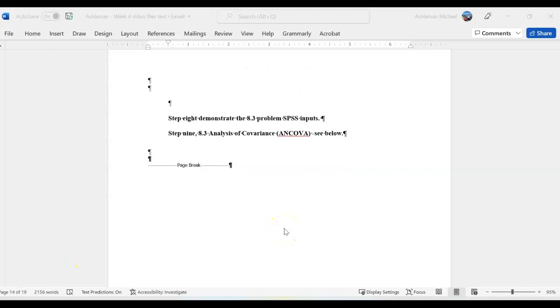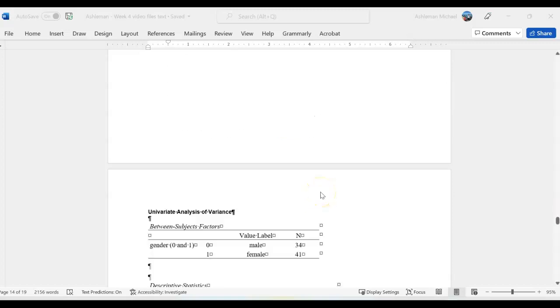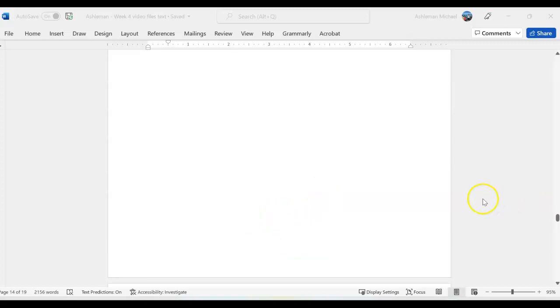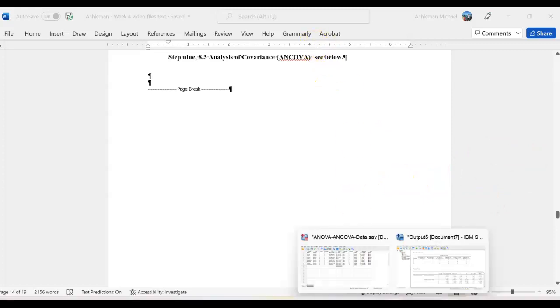The 8.3 question is really, do boys have a higher math achievement than girls if we control for the differences in the number of math courses taken? Good enough question. Does that make a difference? Let's see if it happens. So what we need to do is, this is what the results start coming out to, but what are the steps to get there? So what I'm going to do is first I'm going to go back to our friend